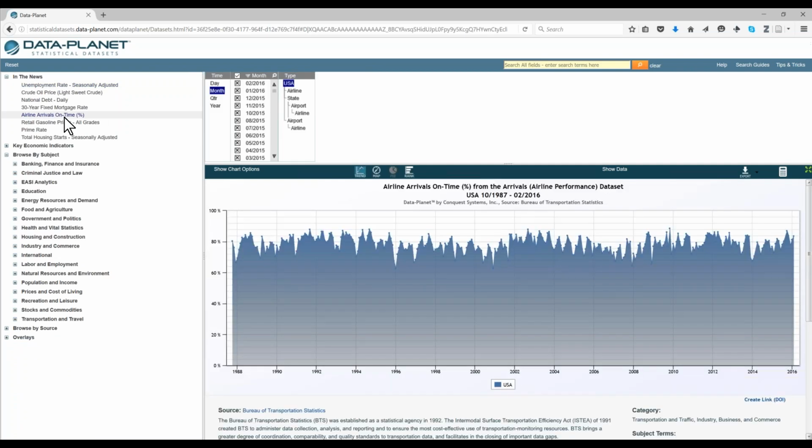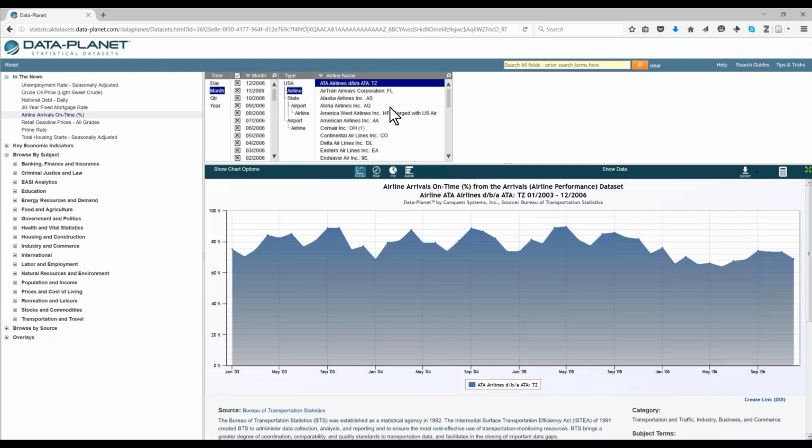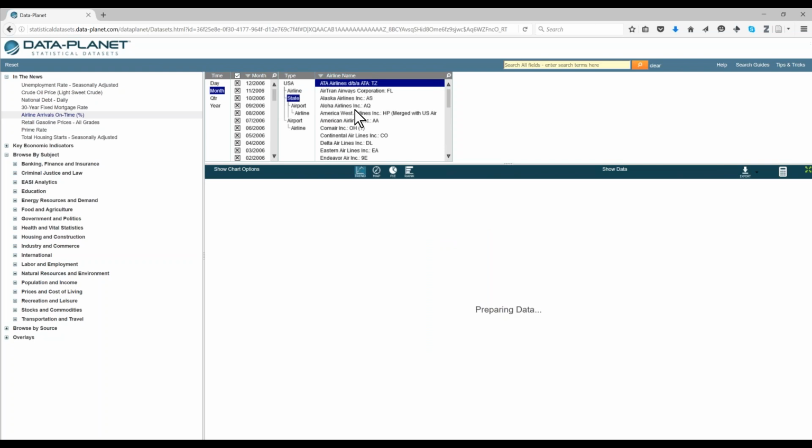So here, when you select an indicator, the first thing we'll do is tell you how that data is available. So we've selected airline on-time arrival percentages, and we can see that that data is available by day, month, quarter, and year. We can look at it for the nation, or we can drill in and look at it by airline, and you'll see these boxes appear and disappear based on what you've selected. So here we're looking at it by airline, and we can see a list of all the airlines that are available. We can look at it by state,